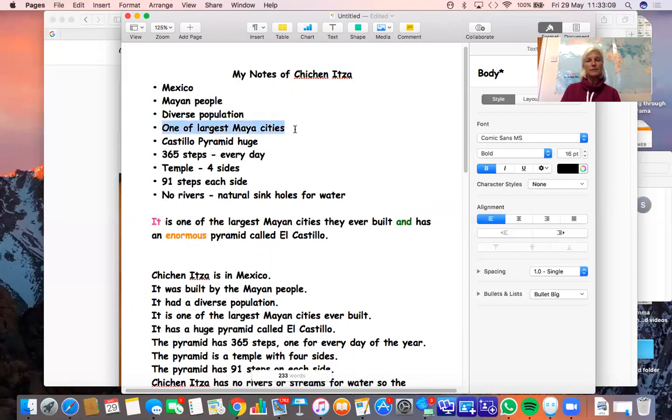So that's that note. And so there's my connective, has an enormous pyramid called El Castillo. So there we go, Castillo pyramid. And I changed the word huge to use my own adjective, which was enormous. So it is one of the largest Mayan cities ever built and has an enormous pyramid called El Castillo.